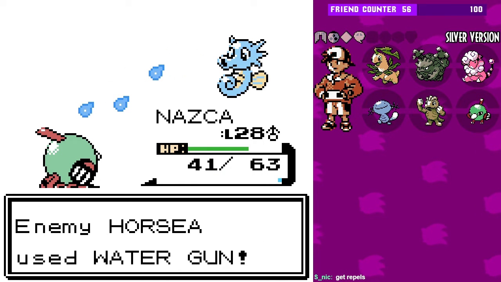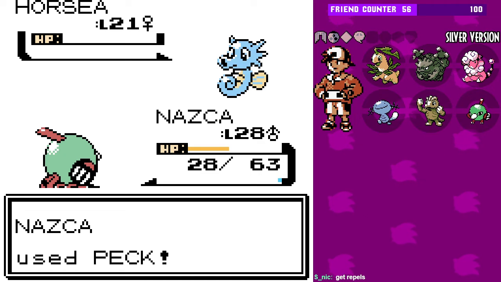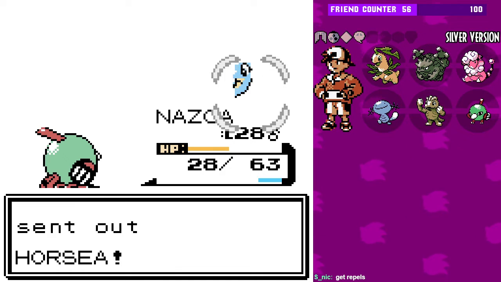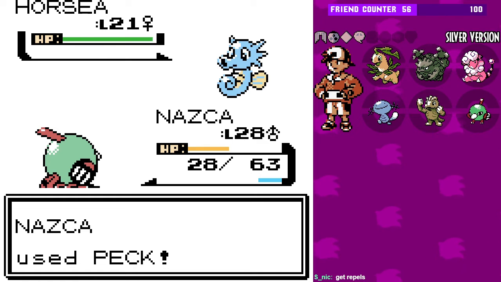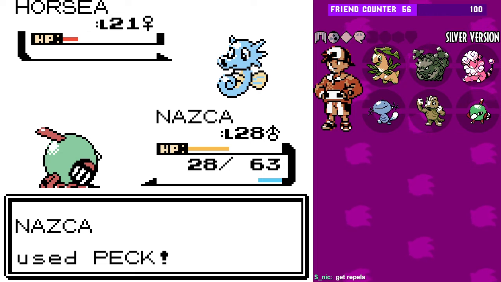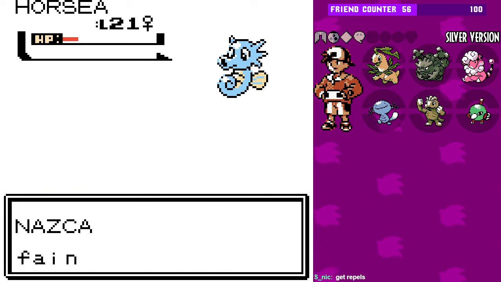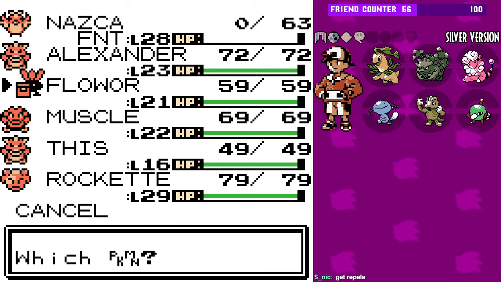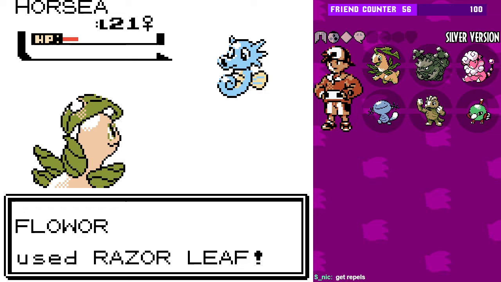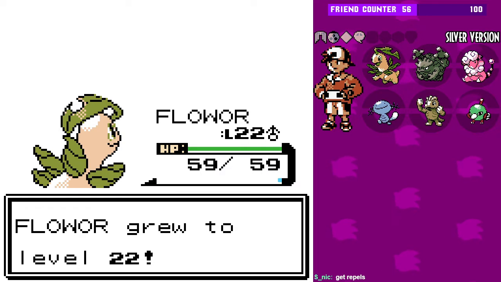Oh no. There we go. I hate how there's such a long pause when the move fails. Oh, well, that sucks. Dragon Rage is a weird move because I think it always does a consistent amount of damage, so early on it's a very strong move and then later on it just gets weaker because it's doing comparatively less. I forget how much damage it does exactly, but...